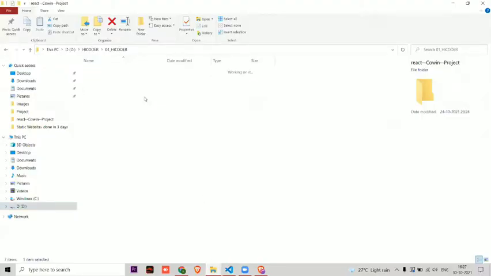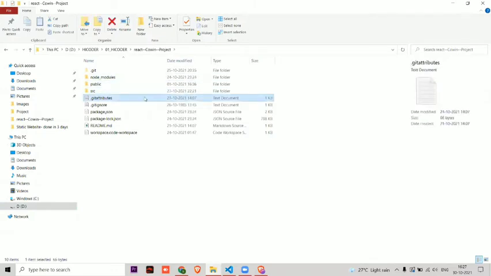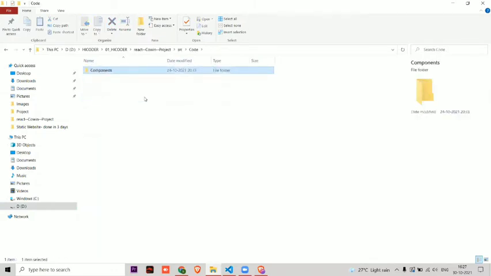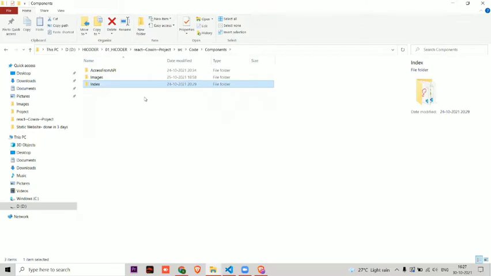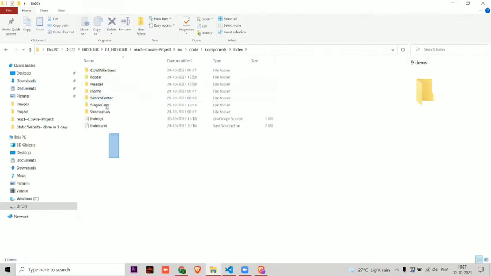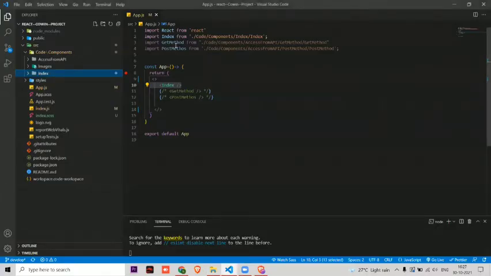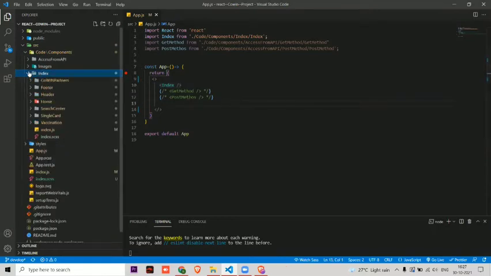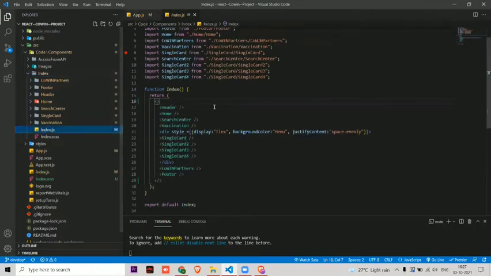So this is my Covid website project, and src, code, component, and here you can see the index page is there, and whatever I have used you can see here folder wise. In HTML and CSS we were writing everything in a single page itself, but in React you have to divide the thing and write in many parts, and you have to import and render it, so you will get fewer bugs. So I have clicked on the index page, and here you can see I have the main page of index.